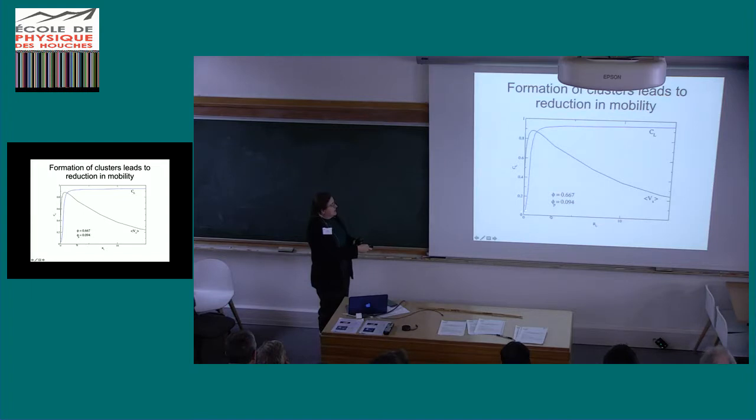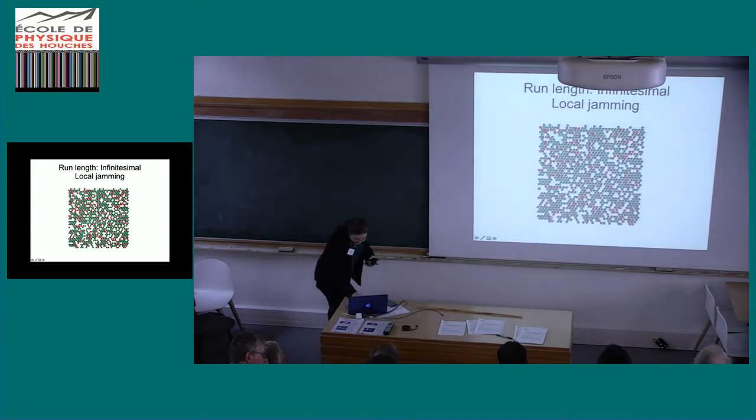If they are at low correlation time, then their velocity is increasing, and this is a measure of how many particles are in a cluster. Then they start to form these clusters because they're bashing into each other and trying to swim into each other. Once the clustering starts to appear, the mobility drops. This is more easily seen with a movie.